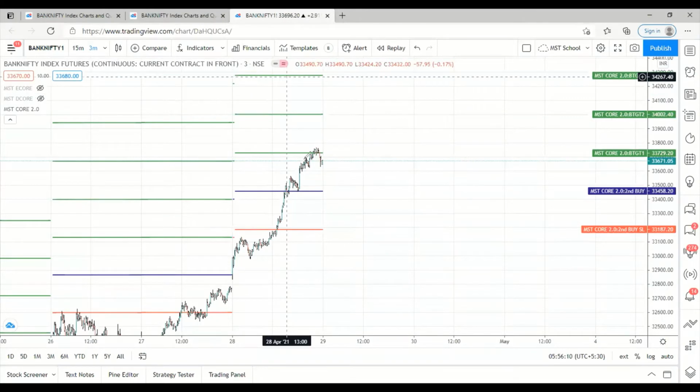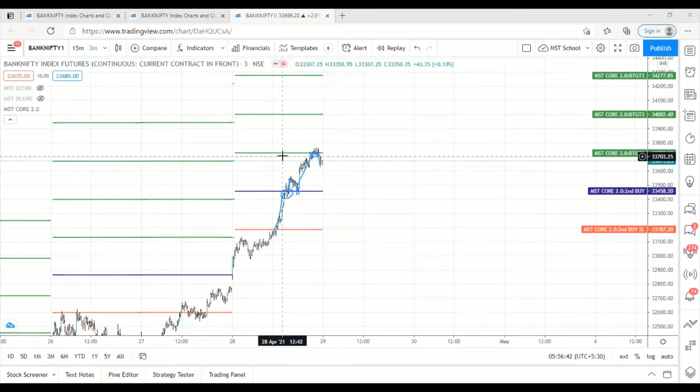Very simple. Whatever be the market condition, whether it is a trending market or ranging market, whether bullish or bearish are controlling, don't worry. You follow the method. If the first sell SL hits, then immediately go for the second buy with a double lot. See here, it has taken support exactly here, then it has reversed. And after achieving the target, it has come down. That's all. Similarly, you can do back testing for all the scripts.